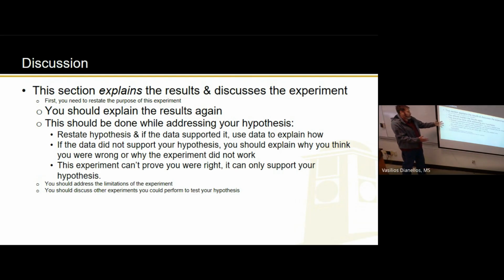But this time, instead of just restating your hypothesis, and instead of just looking at the data, you're going to weave these things together. I hypothesized the red light would be the best light for photosynthesis. And as you can see from the results, the pH of the red light was the second highest. Therefore, my hypothesis was incorrect because it was not the best. Make sense? You're re-explaining, you're using your data that you talked about in the results section to explain if your hypothesis was correct or not.